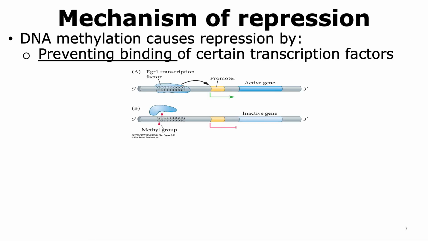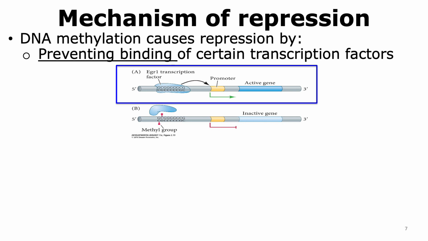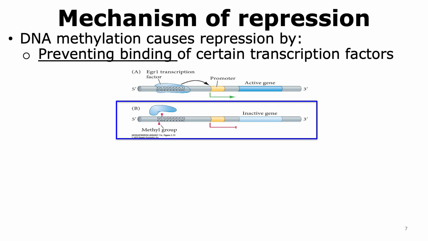The mechanism by which DNA methylation can cause repression is by preventing the binding of certain transcription factors. So when we look at the figure, we can see that there is a region in the DNA where a certain transcription factor called EGR1 tends to bind, and it allows transcription of the gene. However, if the sequence to which EGR1 binds has methyl groups on the cytosine, the transcription factor is unable to bind, and hence the promoter is not able to recruit RNA polymerase and the gene does not get